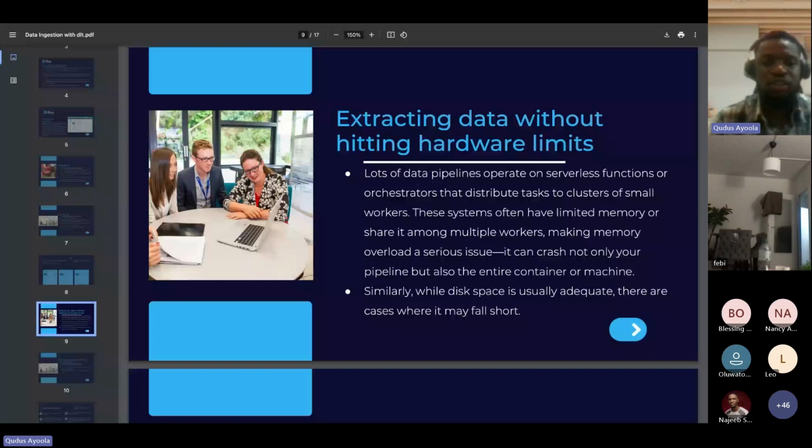So similarly to your disks, you can also fall short of your storage when you are trying to load data into a different data source. And most times it's not a case of you not scaling up. You might scale up, but at one point you can still reach your limit. During runtime, it's not easy to automatically scale up while we are processing your data. It's quite difficult to quickly scale up when you have hit your memory limits.